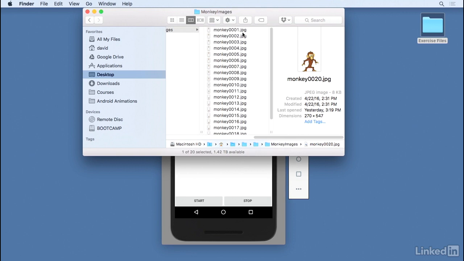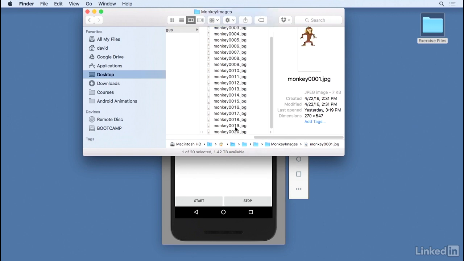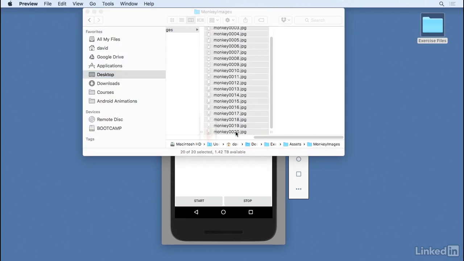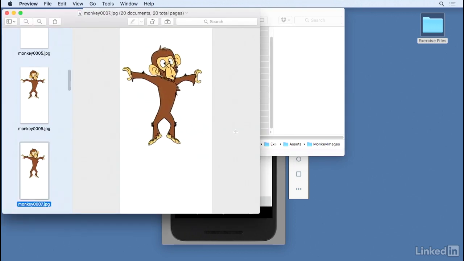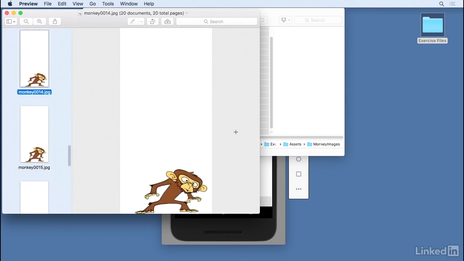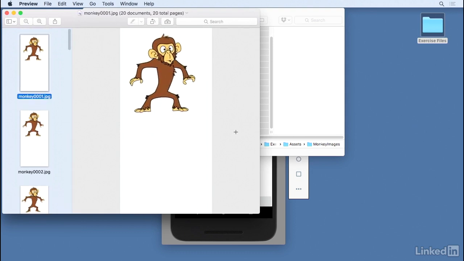Now, to see the entire animation, on Mac I can select all of those files, and then press Command-O, and I'll open those files in Preview. Then I can use my up and down cursor arrows to see how the animation works. Now again, this requires a certain amount of work up front. You have to create the images, and you have to do the animation before you can actually use everything in